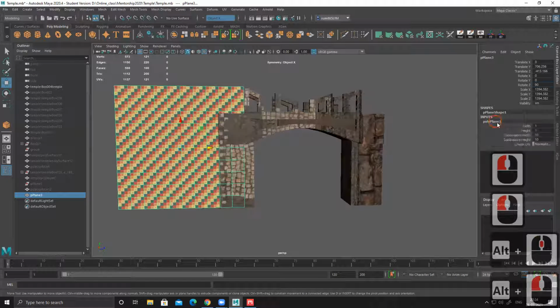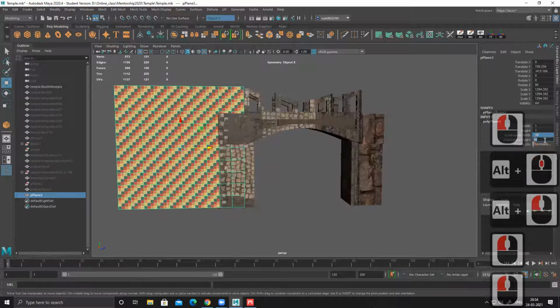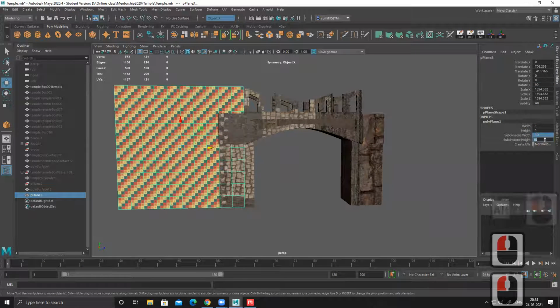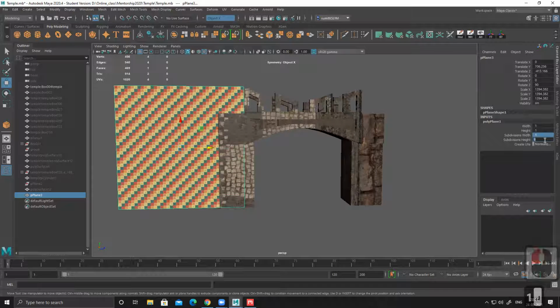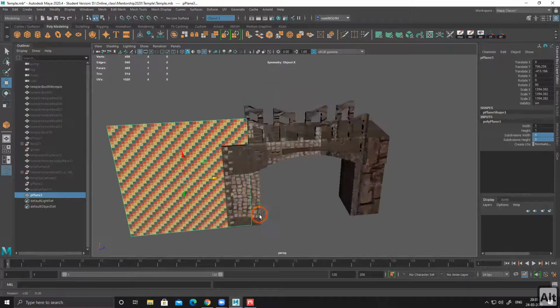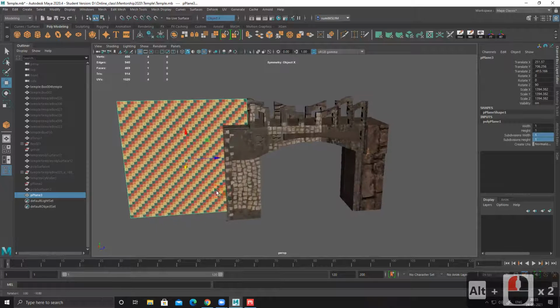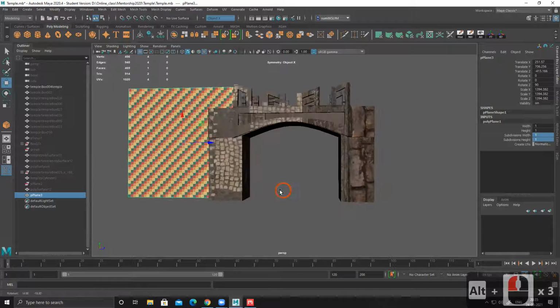Just randomly placed one square. Size doesn't matter because this plane we are not going to use. This is just for planning. So I took one plane, and with this plane, I plan out this entire texture.